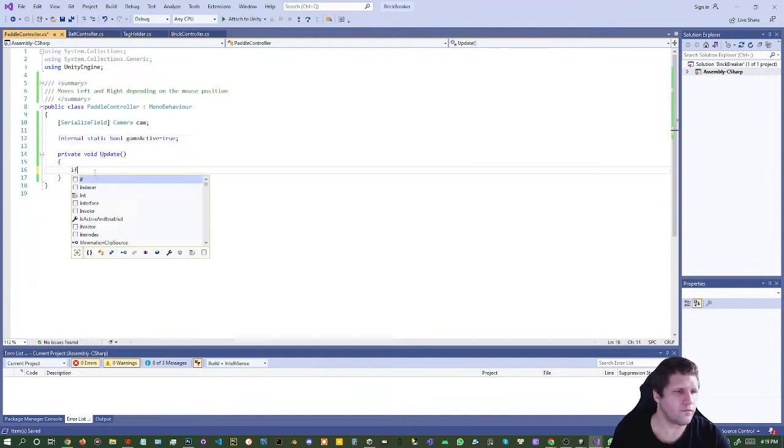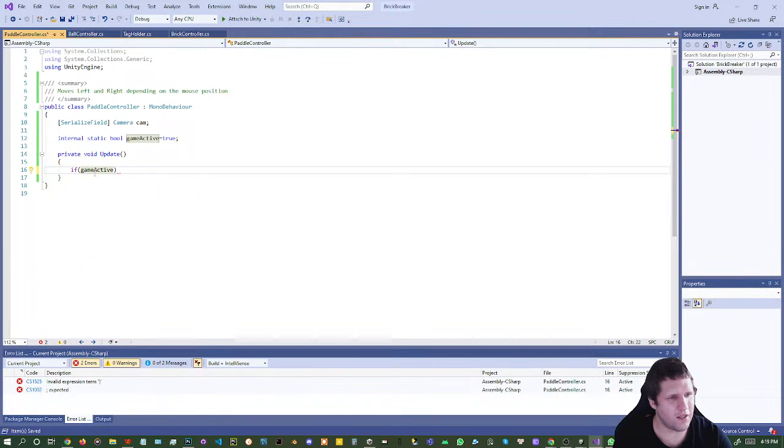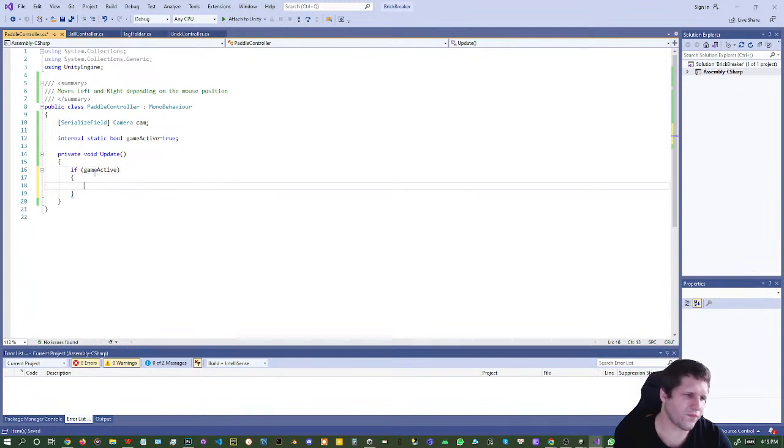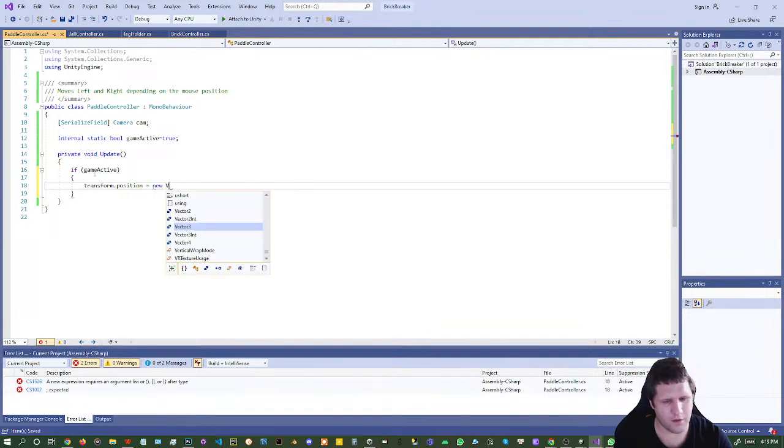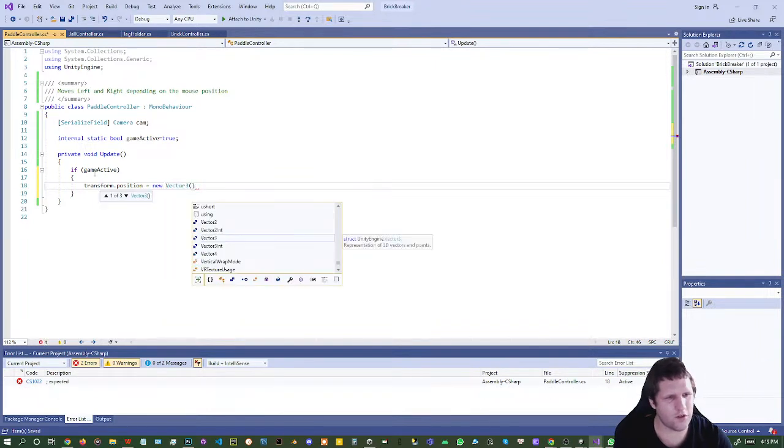So over here we say if game active, then we will say, because we'll add this script onto the paddle, so we want transform dot position equals new vector 3 of